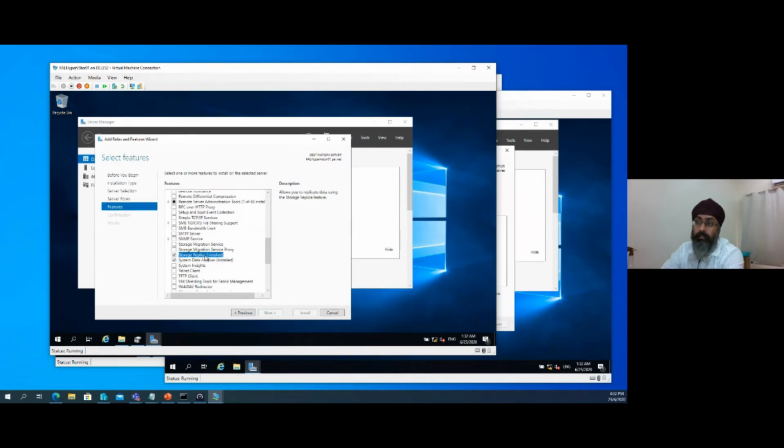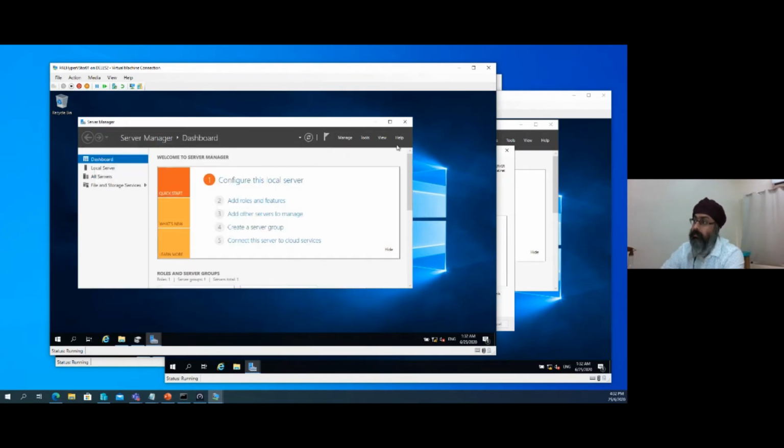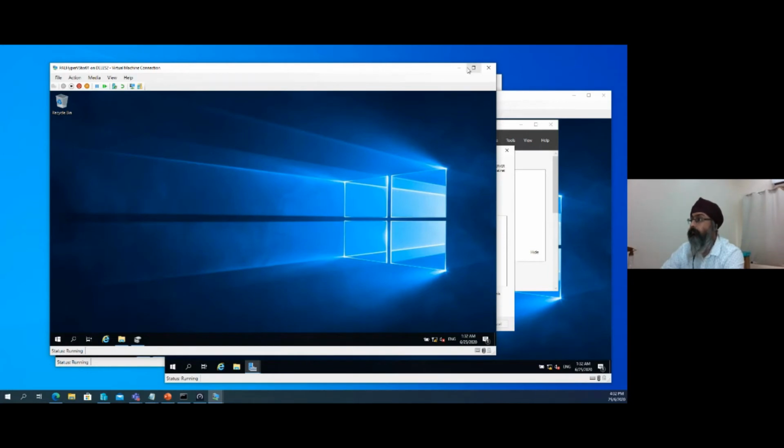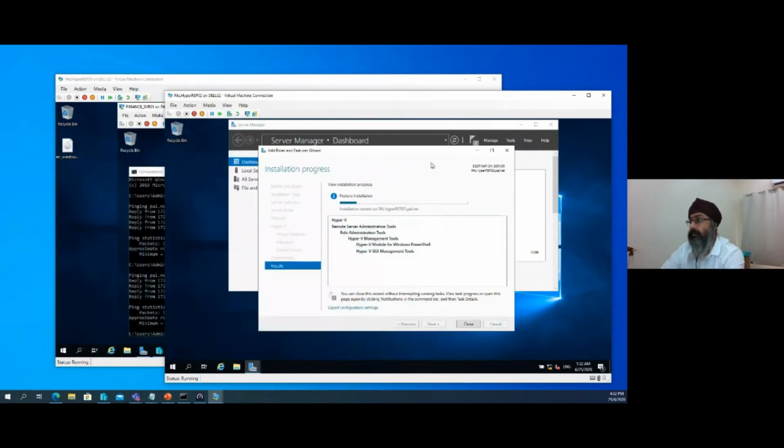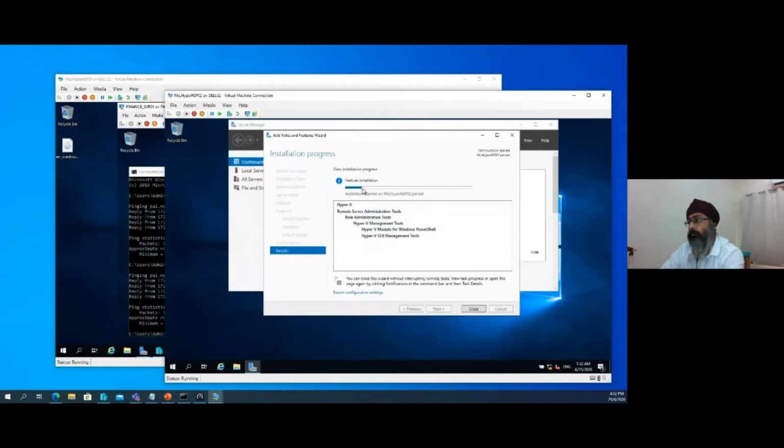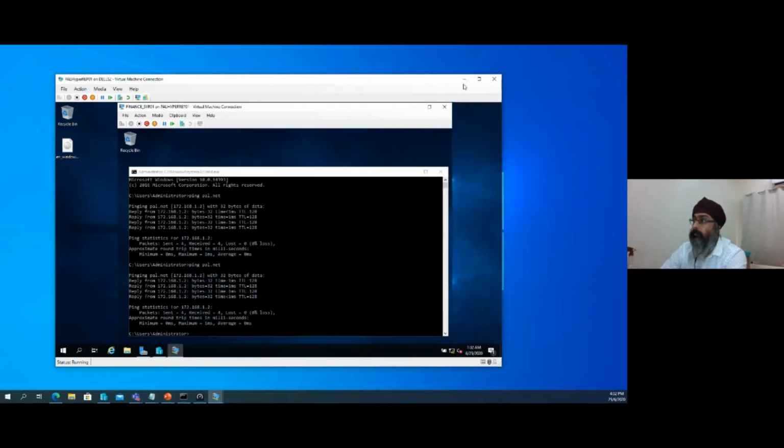Okay, the first server I've already installed. So no need to do any changes here. There's no changes to be done on the first server I've already installed. So you just cancel this, cancel, minimize this and off. All right, let this thing roll. Meanwhile, we go to storage replica. Okay, let me minimize this,